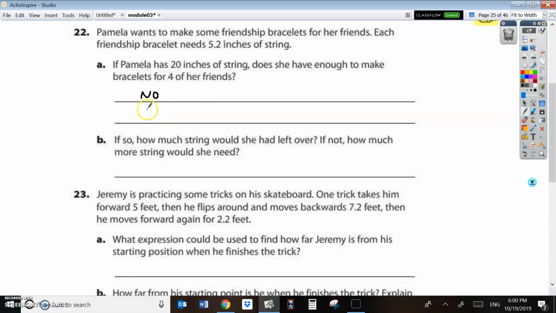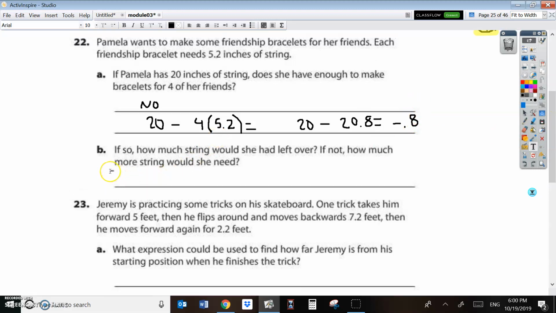So now let's do the work. 20 minus 4 times 5.2 equals, okay, let's multiply that. 4 times 5 is 20, 4 times 2 is 8, so it's going to be 20.8. So 20 minus 20 and 8/10 equals negative 8/10. She still needs